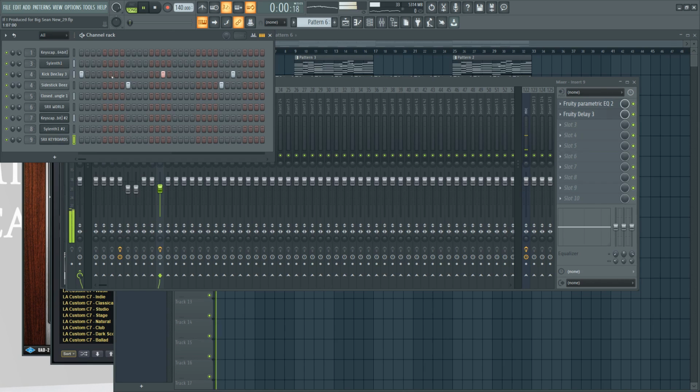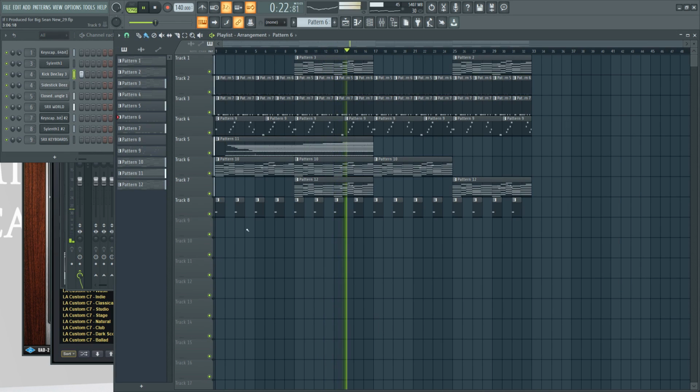See if I can add some more kicks in here. So now the kicks following the hi-hat. Only thing, the hi-hats can dictate the way the rapper raps.